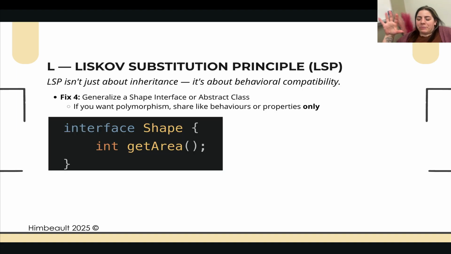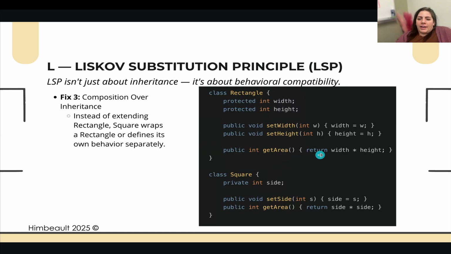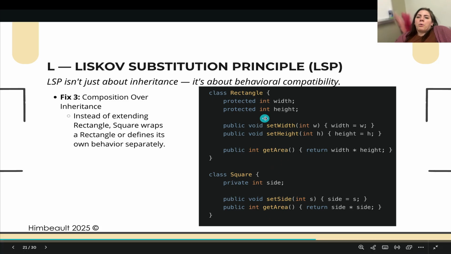My last fix, the one that I sort of got out of order there, is rather than making shape into a superclass, turn it into an interface or an abstract class. So now we can get that behavioral compatibility while still using interfaces. So now if we come back over here for a second, these would implement shape instead of extend, and then we'd have to implement our own get area,